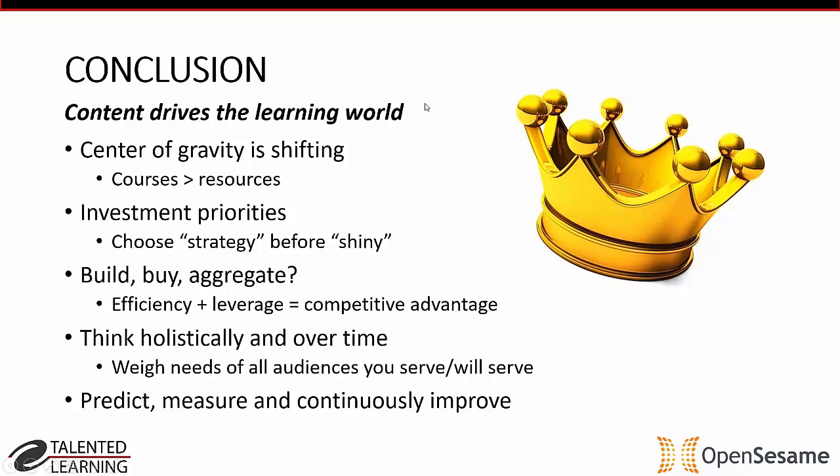So curating the right content, going from courses to resources, and doing it strategically by group, being very smart and deliberate about how you aggregate, and how you think about that pyramid of what you buy, what's freely accessible, and what you outsource, is all part of a core strategy to be great in the learning world. And no matter what, it's always about predicting, measuring, and continuously improving. That can only be done through lots of learner input and lots of measurement and strategy.